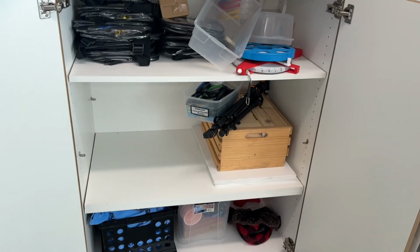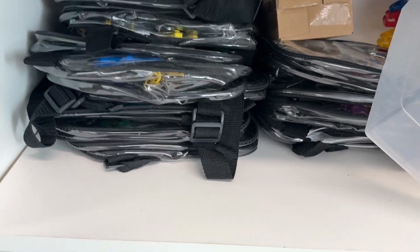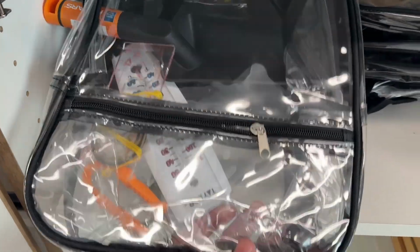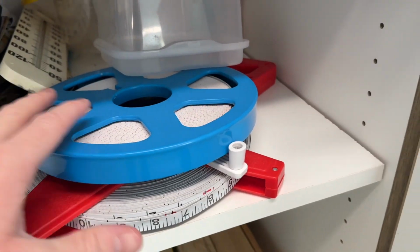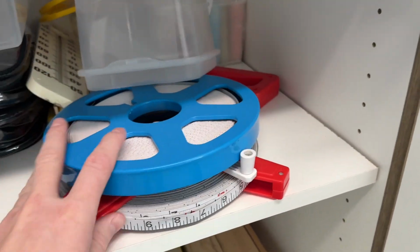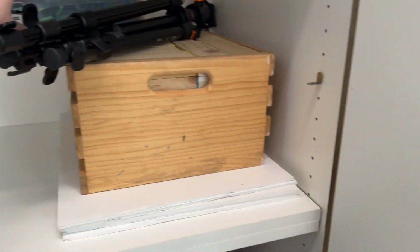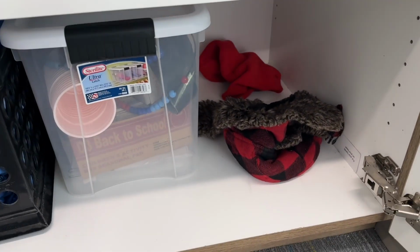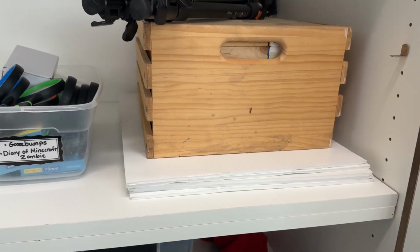not bad, pretty good. These backpacks have magnifying glasses, compasses, so if we go do outdoor stuff, a thermometer, a shovel. We haven't used that yet, but the spring, some extra containers, oh, I didn't know I had that chalk back there. That's nice. Tape measures, thermometers. This is a giant Jenga for review, and just some more magnifying glasses, and some winter gear down there for me, our class shirts. So yeah,